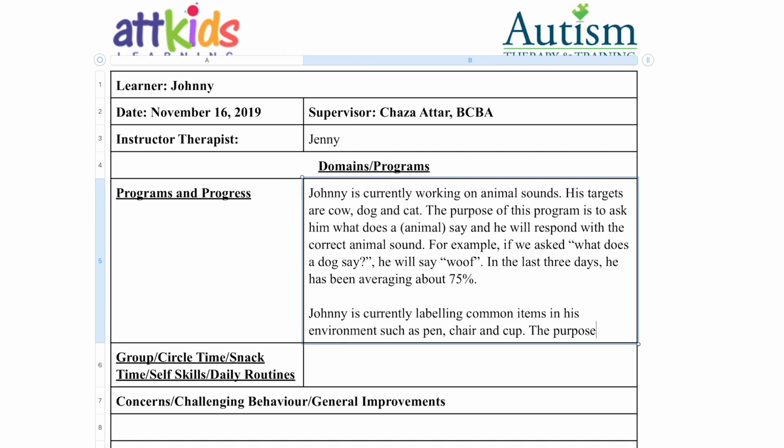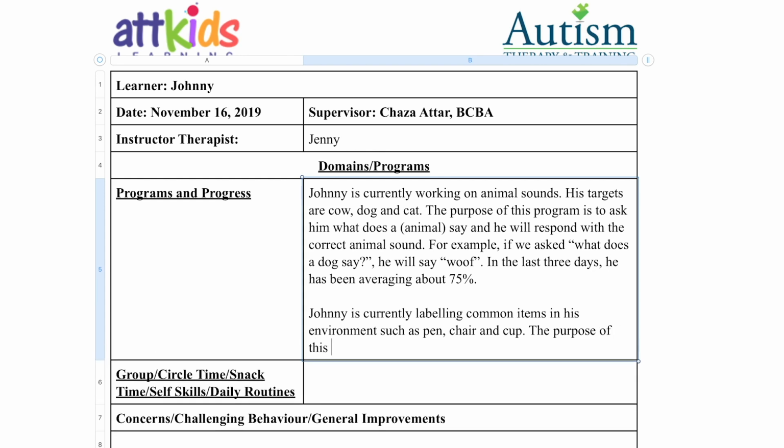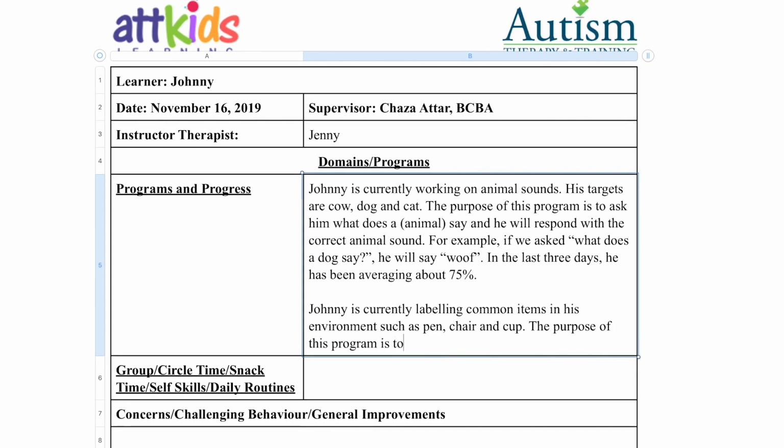So I could have written something like that. With the labeling program, the purpose of it may be to build up their vocabulary, and that's what we're starting to do. So the purpose of this program is to build his vocabulary.